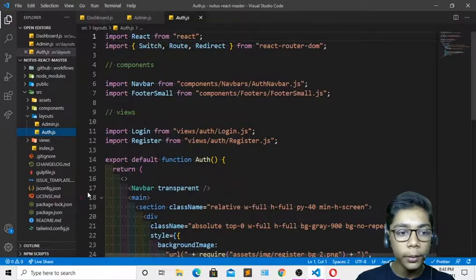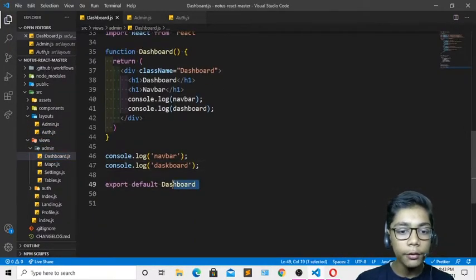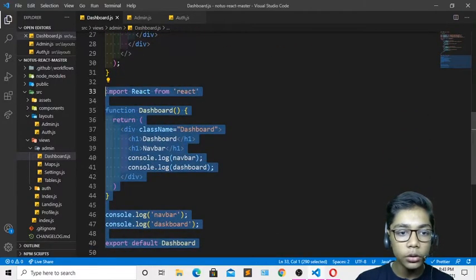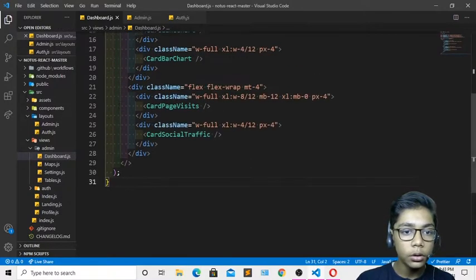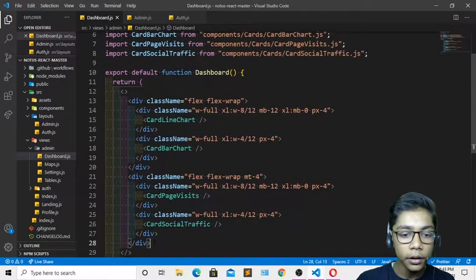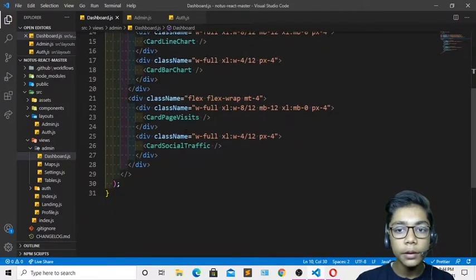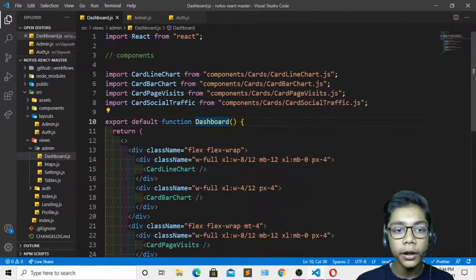So I'll be going to my dashboard file, which I want. So here it is. These things which we are writing are all applied. So I'll be copying this and pasting that. Here you have to paste till underneath this. So here we have done that. You do not have to paste the things which you have just erased, because the things which I have written are automatically applied.